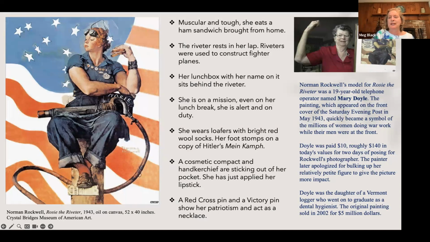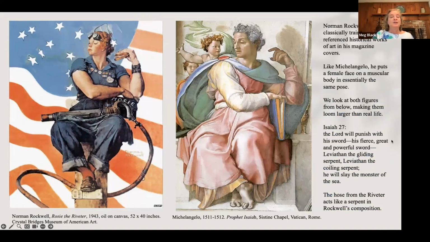And this is Rosie back in, I don't remember the date of this photograph, but she's posing with her very, very famous image. So yeah, this is where he got it from. So Norman Rockwell is always thought of as this favorite American artist, but not different from Child Hassam, he was very familiar with European classical art, in this case, Renaissance art from Michelangelo.